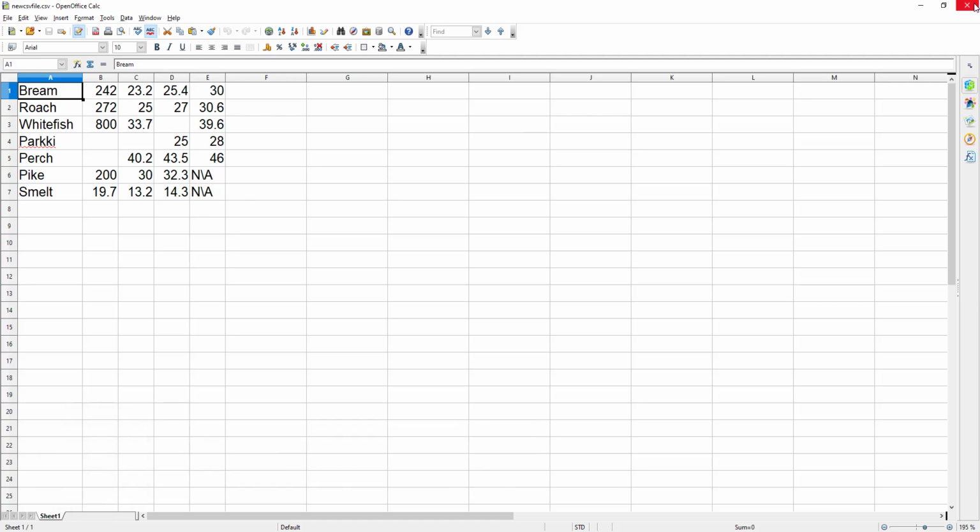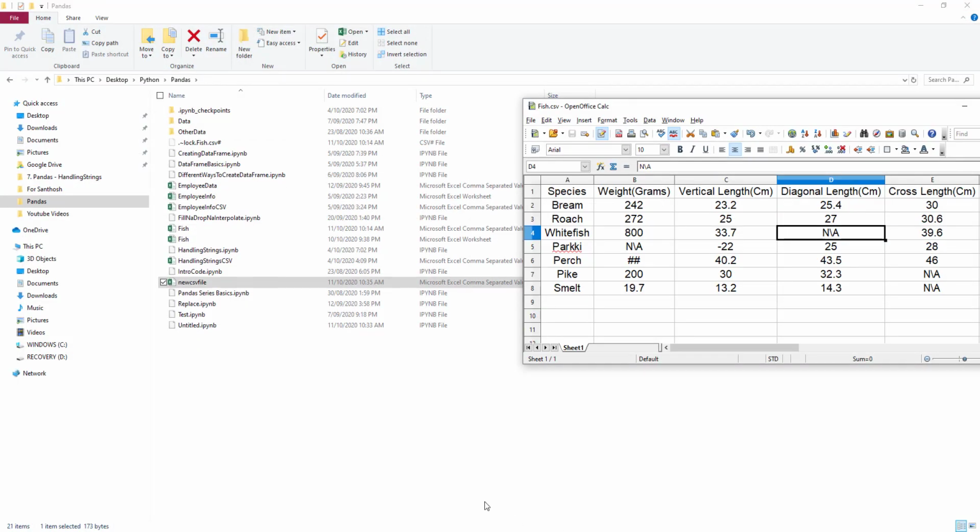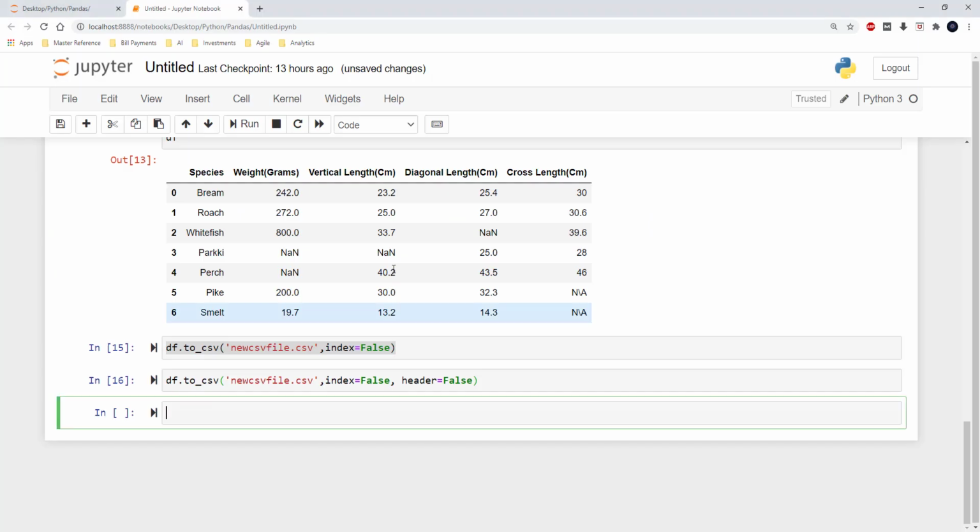So I will close this, and there may be one another situation wherein I just wanted to copy only specific columns to the file and I don't want to actually create the new file with all the columns.